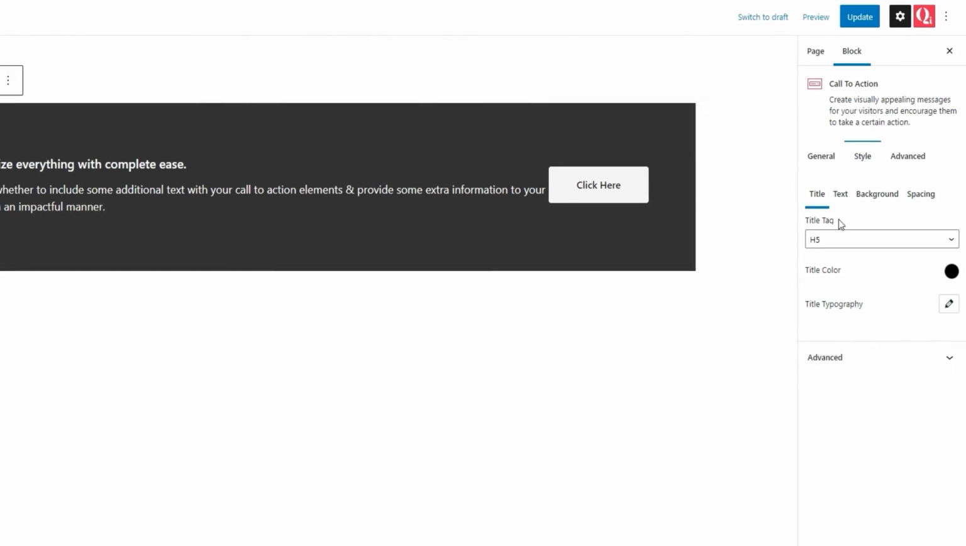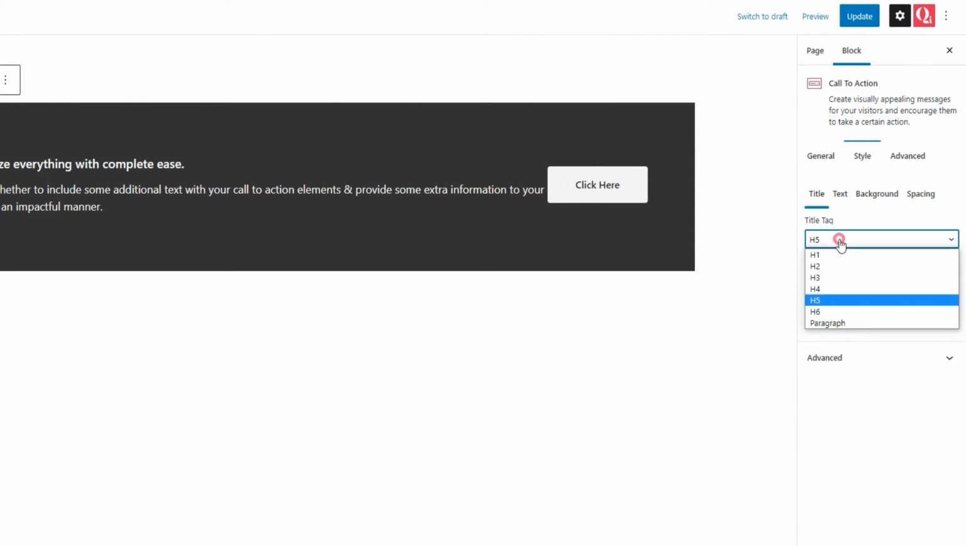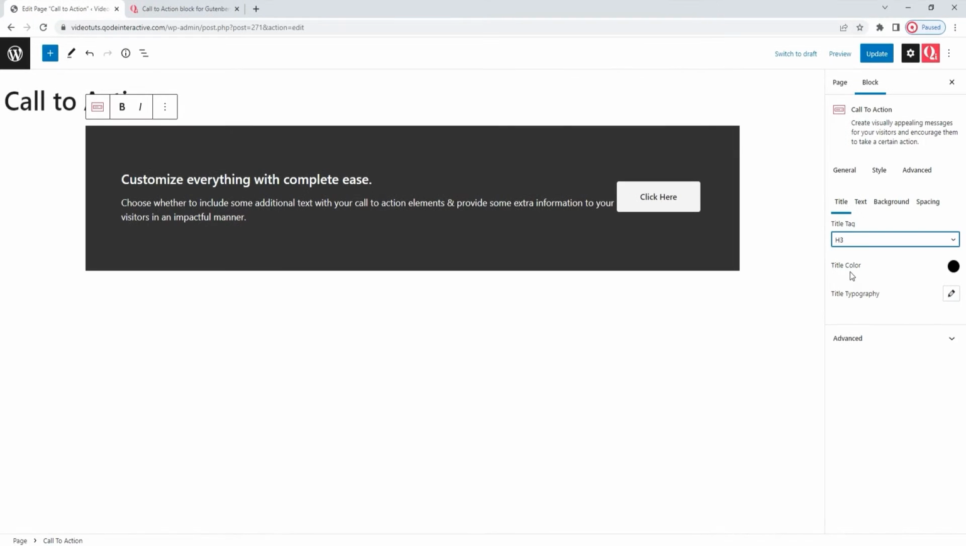Within it, we have 4 sub-tabs, each for a different aspect of the element: title, text, background, and spacing. We'll start with the first one, title. It has options for styling the title text, starting with its tag. You can set anything from this drop-down. I'll replace the default H5 with the H3 tag, and we can see right away that my title is bigger